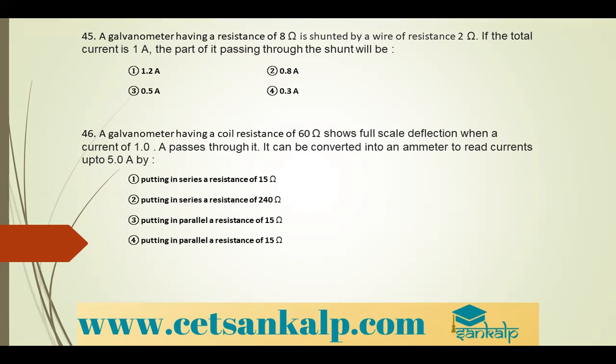So first ನನಗೆ galvanometer having a resistance ಅಂದ್ರೆ it is G. ಇದು G, ಇದು S. ಟೋಟಲ್ ಕರೆಂಟ್ ಅಂದರೆ I. ಆಗ ಈಗ ಏನು ಕಂಡುಹಿಡಿಯಕ್ಕೆ ಹೇಳಿರೋದು, ದ ಪಾರ್ಟ್ ಆಫ್ ಇಟ್ ಪಾಸಿಂಗ್ ಥ್ರೂ ದ ಶಂಟ್ ಅಂದರೆ ಯಾವುದು, I ಮೈನಸ್ IG. ಈ ಕರೆಂಟ್ನ ನಾನು ಕಂಡುಹಿಡಿಯಬೇಕು. ಅದು ಬೇಕಂದ್ರೆ IG ಬೇಕು. ಹೌದಾ? IG ಬೇಕಂದ್ರೆ ಫಸ್ಟ್ ಫಾರ್ಮುಲಾ ಏನು,